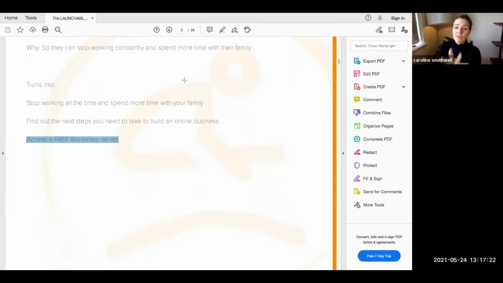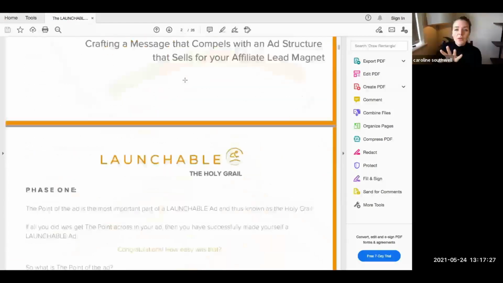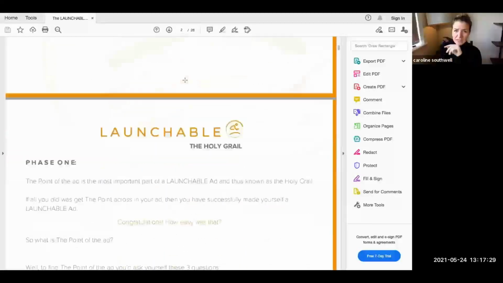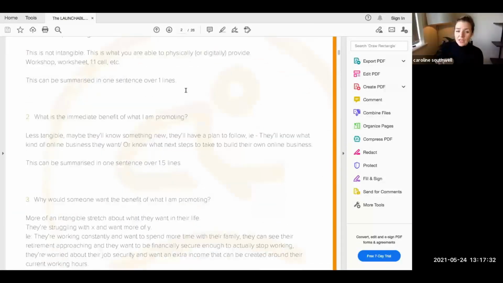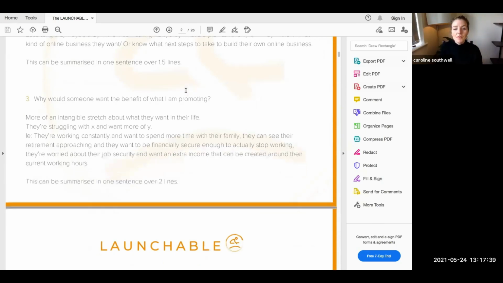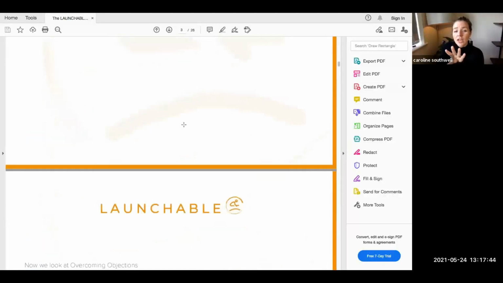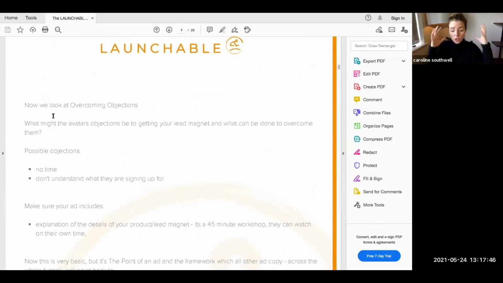Now, as part of the revised launchable structure, so this was the Holy Grail, and now I'm calling it phase 1 because there are 3 phases. In phase 1, I've added another thing which is useful because of the next phase, which is drafting, where all of the stuff comes together. The one thing that I realized was missing from the drafting phase is objections. So on top of the 3 things, what are you promoting, what's the immediate benefit of what you're promoting, and why would someone want that, you also ask, what are the possible objections they might have to the